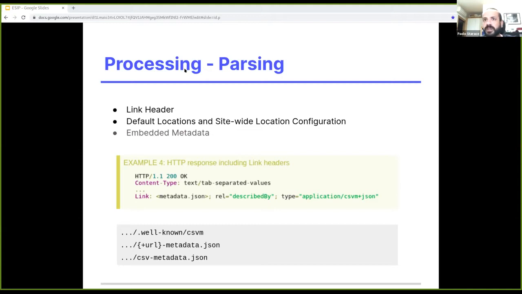I know that, for example, CSVY is based on front matter, so it means that we need to put the metadata on top of the file. But I don't like to touch the content of the file, especially because there is an RFC advising to use the header of the columns as the first line.